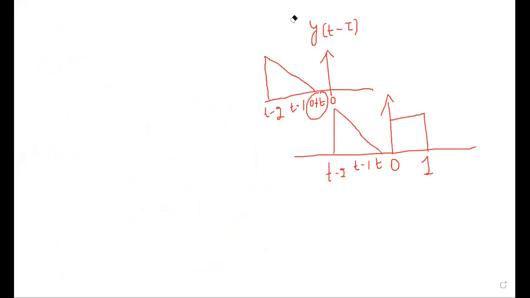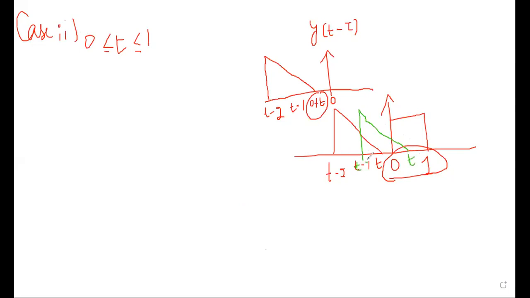Now, as per my lecture, I will always take the time of x of t for the second case. So case 2, I will write 0 less than t less than or equal to 1. Now I am just going to modify the same diagram. Can I say now my diagram will be like this? Now this edge is t and here it is t minus 2. Am I right here?